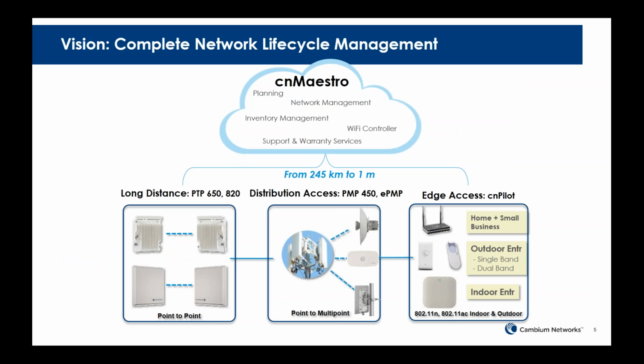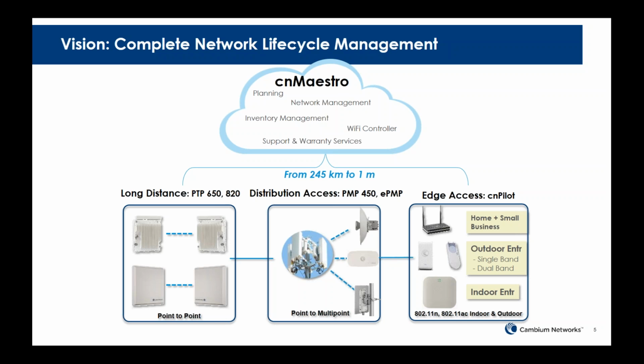And here at Cambium Networks, we provide a complete end-to-end solution. We like to say that we've got a piece that fits in just about every portion of the network you can look at, from the long distance. In this case, with the PTP 650, which has the record shot of 238 kilometers for the longest unlicensed point-to-point link, sending high-definition video, voice, and data. The PTP 820, which can make links in the right frequency band under the right conditions out past about 30